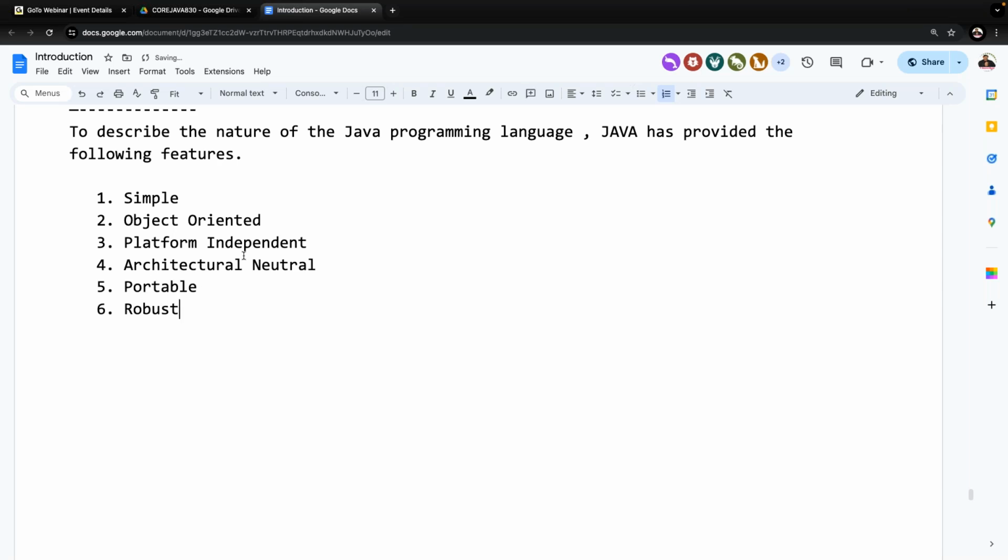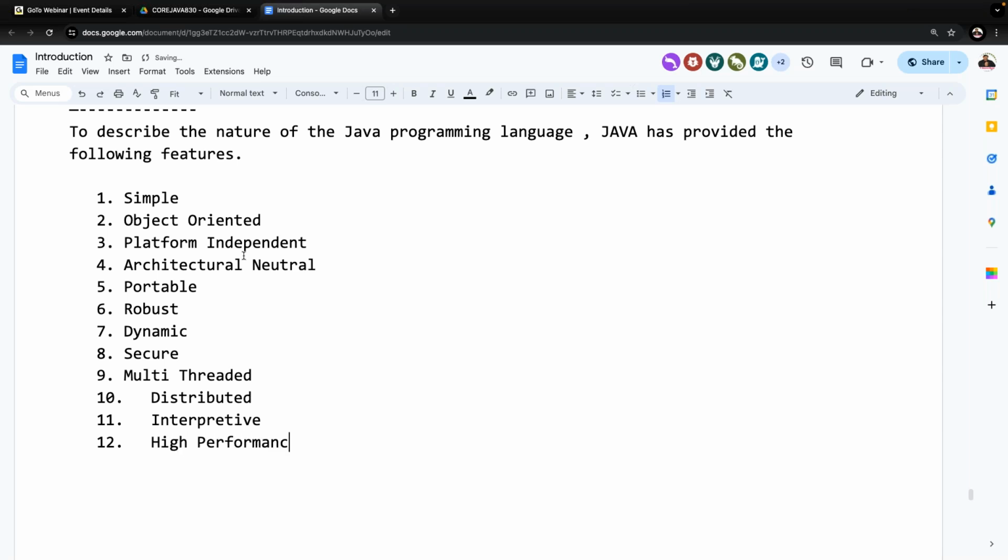Java is a robust programming language. And Java is a dynamic programming language. Java is a secure programming language. Java is a multi-threaded programming language. Java is a distributed programming language. Java is an interpretive programming language. And finally, Java is a high performance programming language.